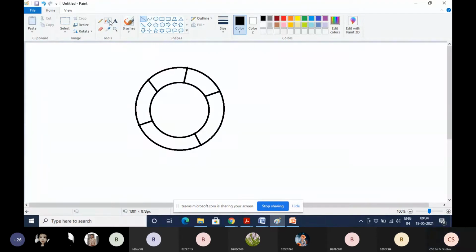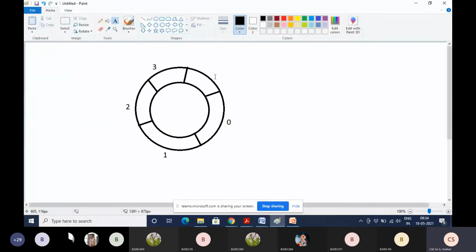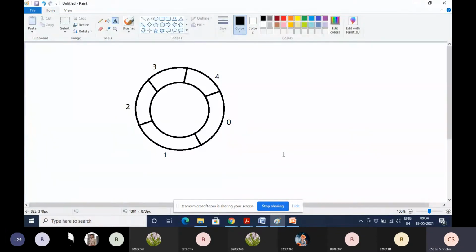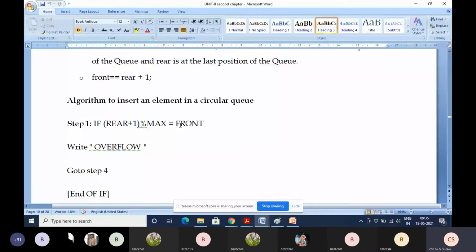For example, the queue is starting from 0 here: 0, 1, 2, 3, 4. If this is the case, the circular queue is full, which we discussed already in the last class.